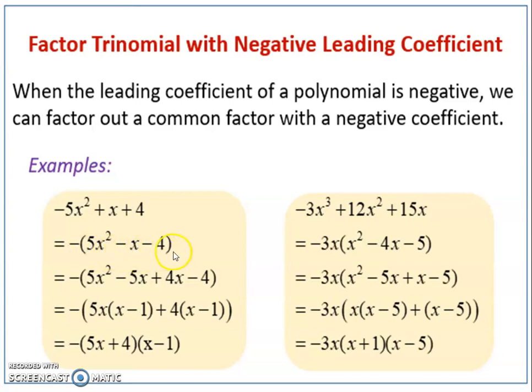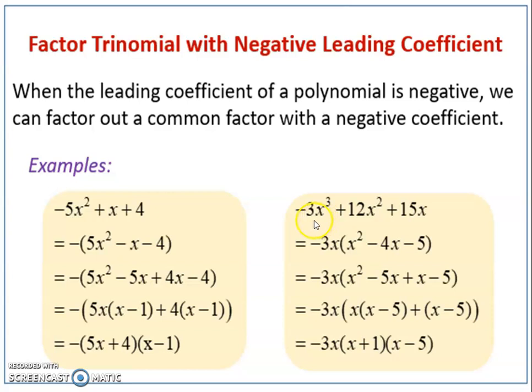5 4s are 20, obviously. So we can take the middle term substitution as −5x plus 4x, which gives exactly −x. We take 5x common from these two terms, so we derive x in bracket minus 1. We take 4 common from these terms, and x − 1 remains there. So we get (5x + 4)(x − 1). The minus outside the bracket remains the same.